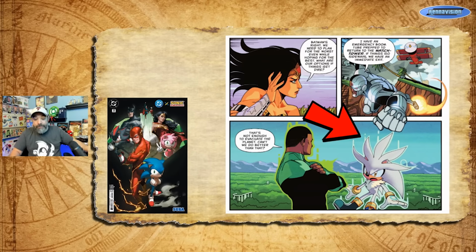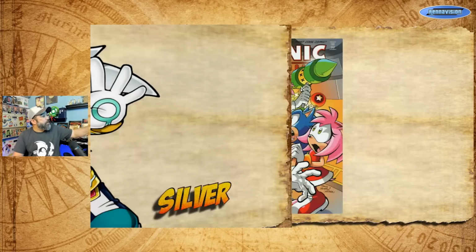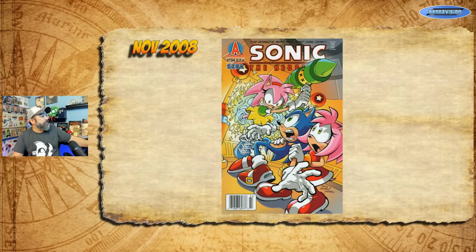So, Silver's first appearance isn't all that long ago. And granted, it's still part of the Archie run, but it was deep, deep in that Archie run. He's a hedgehog from the future that came back. I mean, it's crazy Sonic stories, but it's comic books after all. All of the stories are crazy. But what was this? 2008. So in November 2008, in issue 194, yes, that is Amy Rose there on the cover,